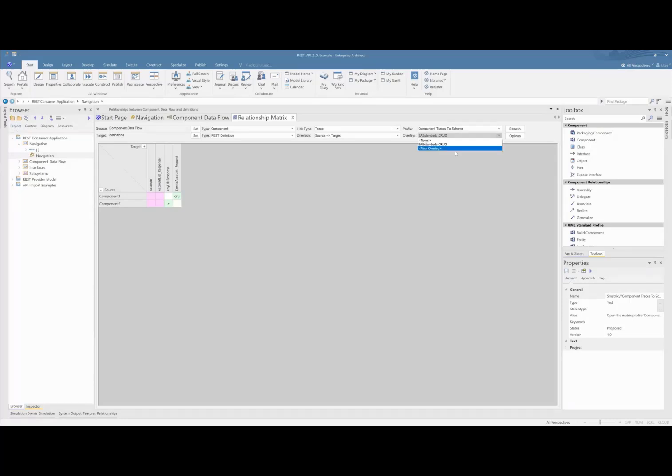And the cool thing about an overlay, as some of you may know, in the matrix, is that you can do more than just say there is a relationship. When you do that, of course, you see an arrow pointing to the left or pointing up, or possibly both ways if you've got the direction set to bidirectional. But with an overlay, you can actually put in metadata about the relationship. And so using the extended CRUD tagged value allows you to put a C, R, U, and or a D